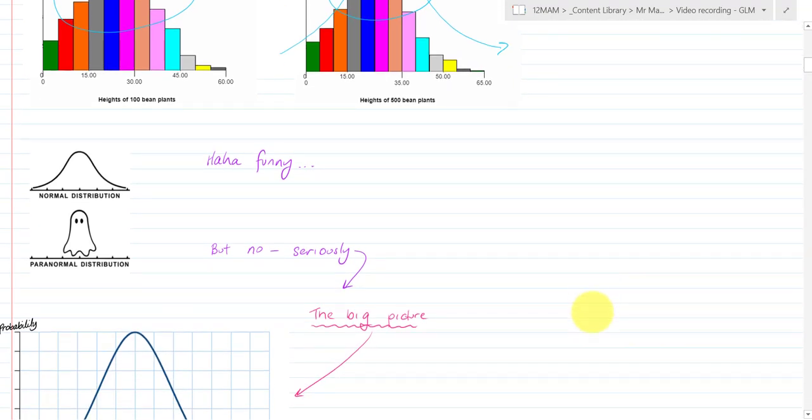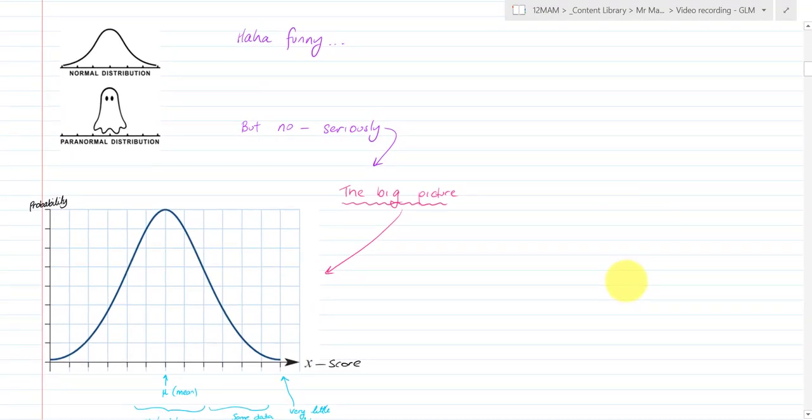But seriously, the big picture is this. A normal distribution should look like that. It's a bell curve. Now, it looks like it ends, but it doesn't end. It goes on infinitely. What that means is, technically speaking, if a set of data represents a normal distribution and it's continuous data,